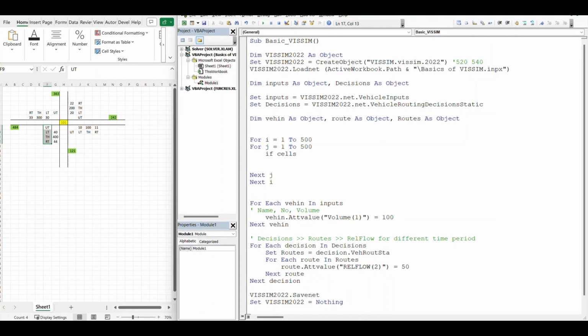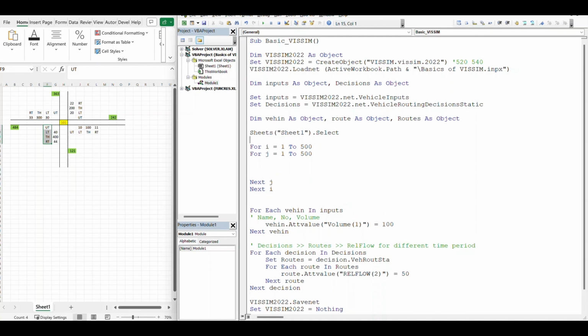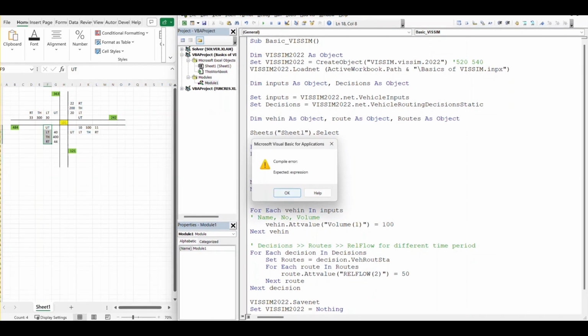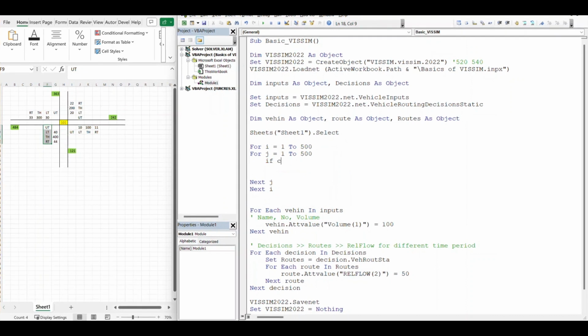before that, actually we should select the appropriate seed. So I'm gonna call it seeds seed 1. Even though it's not needed here, it's a good practice. Select. So I'm gonna select the seed 1 first. Let's say we have 12 different seeds with 12 different TMC. Then you will just select different seeds here and run the same piece of code. So here I'm selecting seed 1, and on seed 1 I'm checking each cell, 500 rows and 500 columns one by one. So if cells